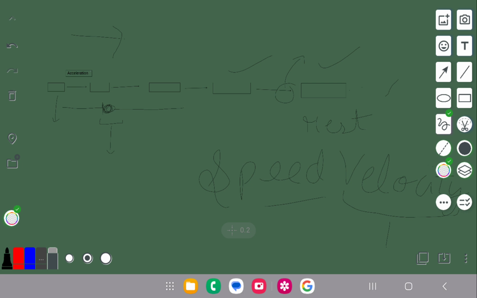So in all these examples, we have used speed and velocity as equal terms, because we were talking about objects moving in the same direction, and here speed is something that governs velocity. So we can take them both as equal if the object is moving in the same direction, in a world in which objects can move in a particular direction only.